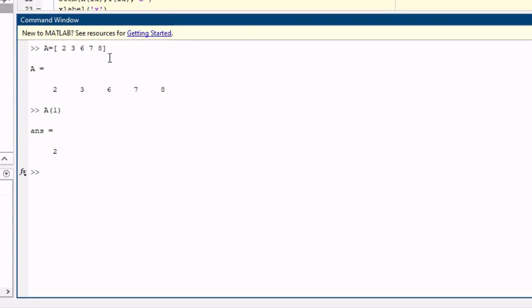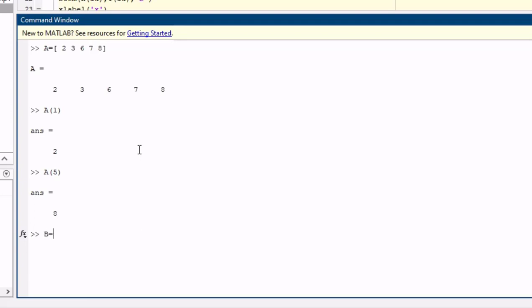If you want the last value, that means 1, 2, 3, 4, 5, so a of 5 automatically gives the final value. So this is the thing. For indexing, when you use this for array format, we are using another format.